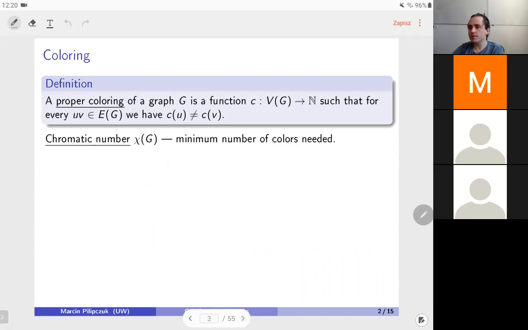And the chromatic number is the minimum number of colors needed. And this is really what we are interested in. We're not really interested in what exactly the names of the colors are, integers, words, letters, or whatever. We're interested in the minimum number of colors you need to use to color a graph. And this is quite a strange graph invariant in the sense that